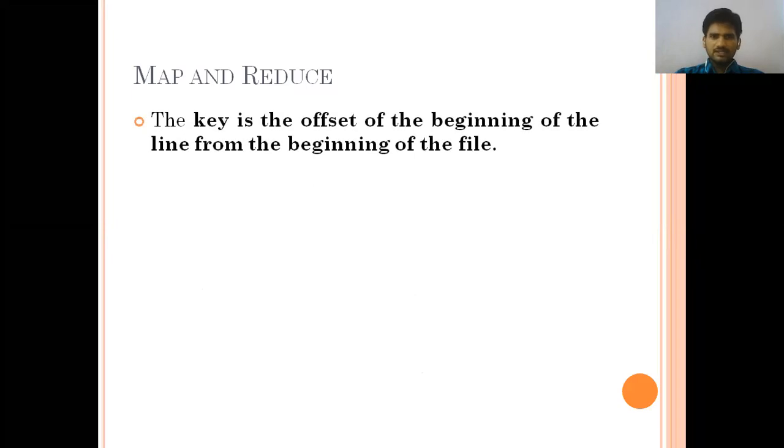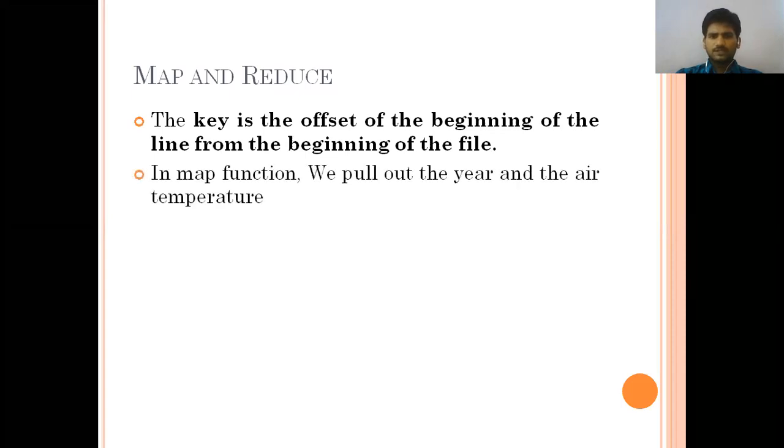So the key is the offset of the beginning of the line from the beginning of the file. The key here is considered an offset value, the beginning of the line from the beginning of the file. So how will it be? The map function will